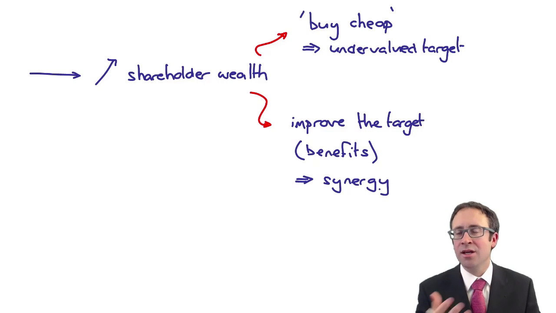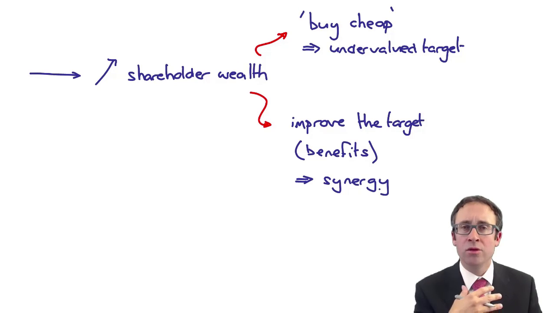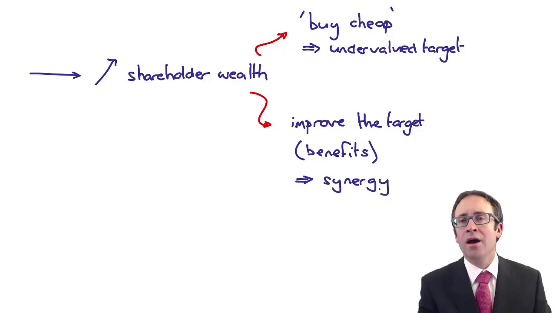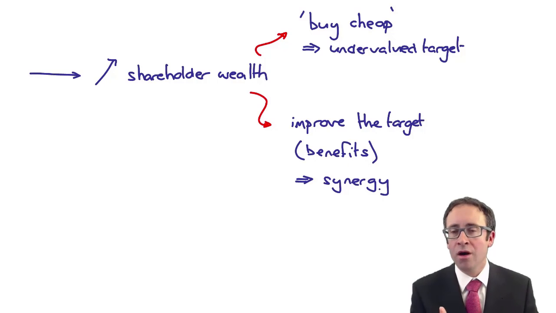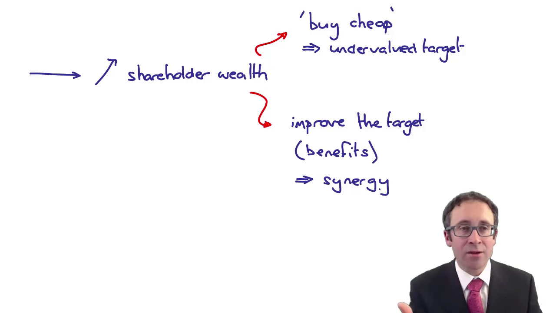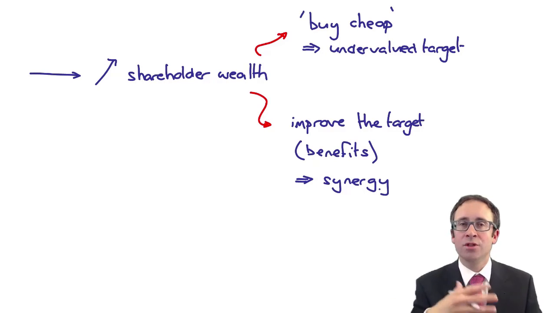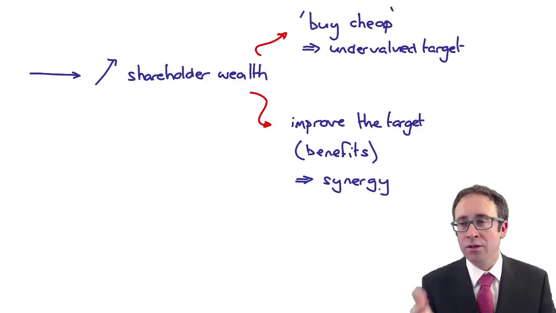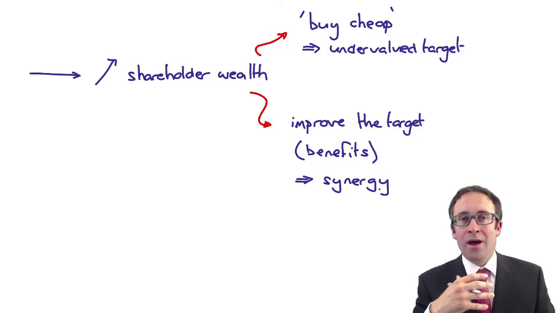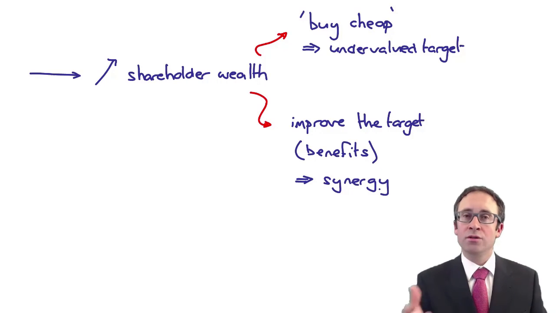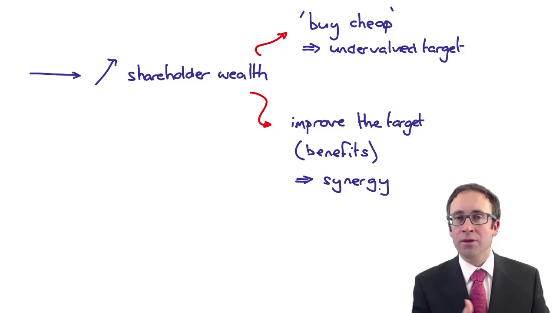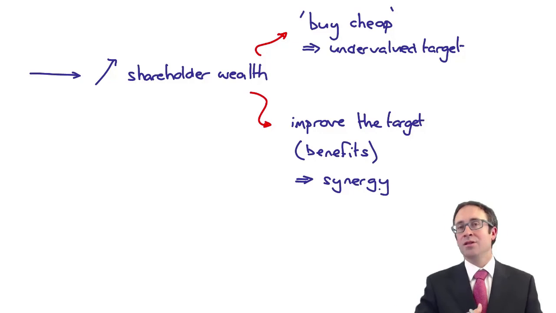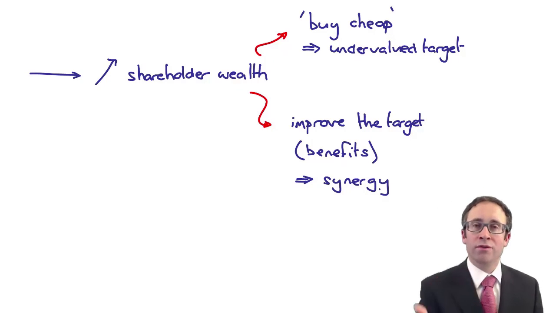So whether that synergy is some form of reduction in the costs, or some form of increase in sales, maybe there are some cross-selling opportunities that we can exploit. In terms of reducing the costs, we don't need 2 headquarters, so we can get rid of one, saving costs. We need to reduce the levels of staff, so again that will reduce the cost. We don't need 2 HR departments, we don't need 2 procurement departments. We can reduce the volume of staff that we have in the business, and therefore reducing costs improves profitability, improves